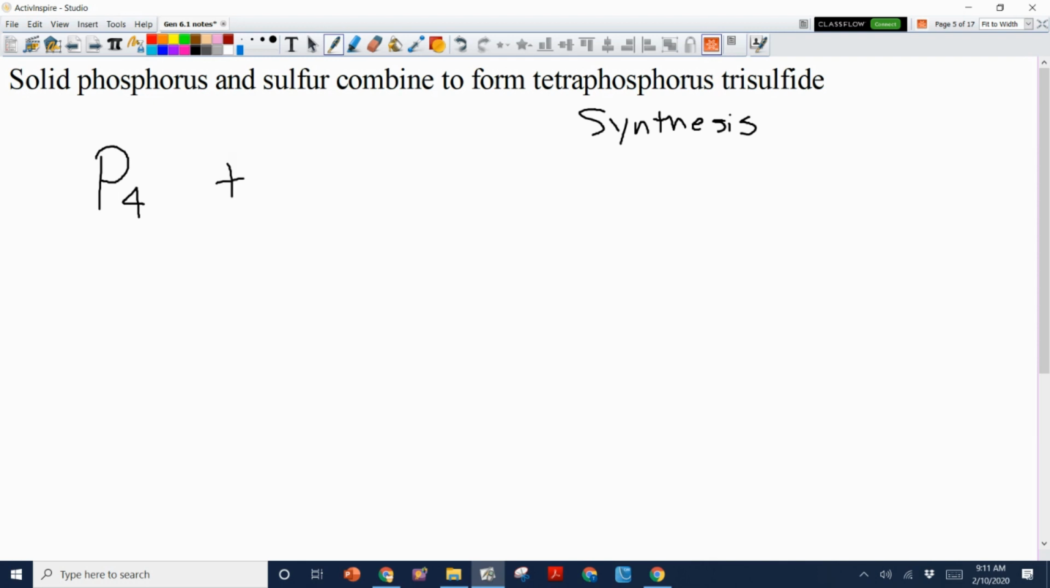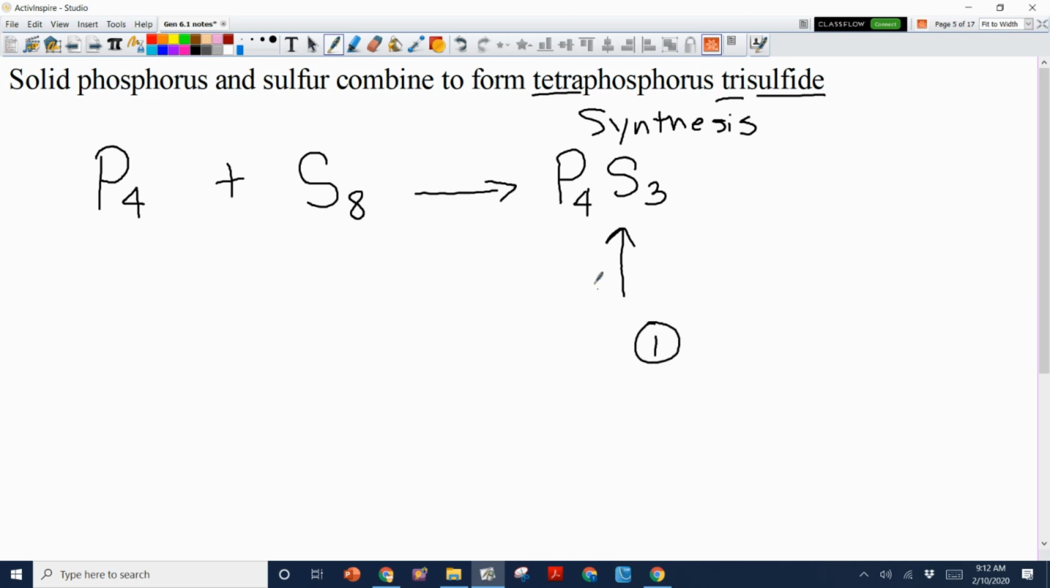Plus, for this particular reaction, sulfur, and that's S8, and again, you wouldn't know that, to form, so there's your arrow, tetraphosphorus. All right, so we do know how to do this. Tetra means 4, so that's phosphorus, P4, trisulfide, so sulfide tri is 3. So that yields P4S3. Okay, and this is called a synthesis reaction because you're taking 2 elements or compounds forming one